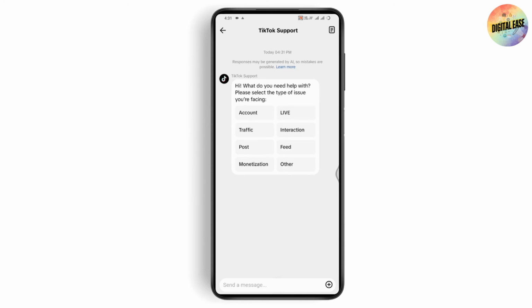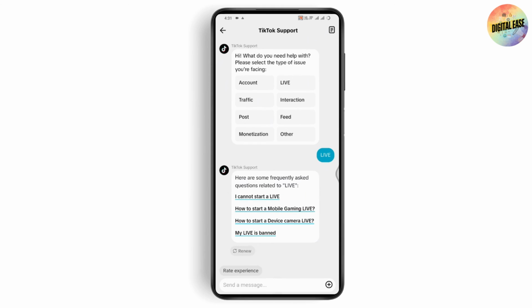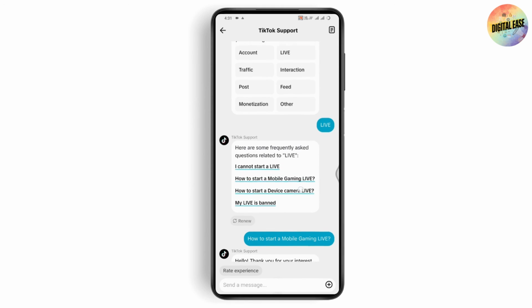And here it will take you to the TikTok support, or you may also go with report a problem section. And under that, you can go and report to TikTok. So you can just simply tap on live and then select the question. And in this way, you'll be able to get some